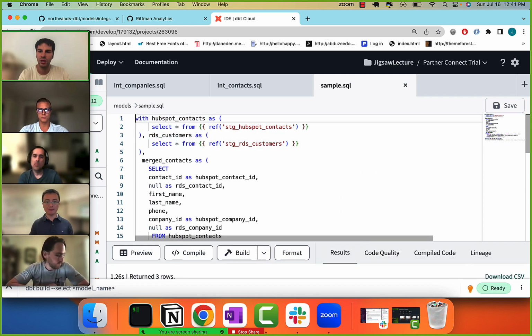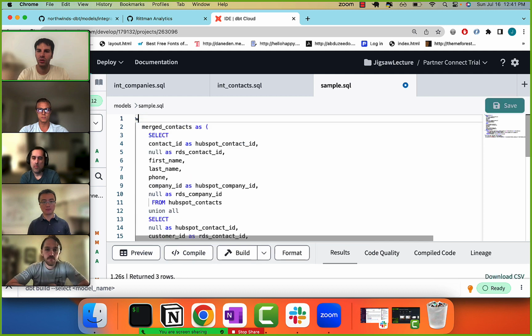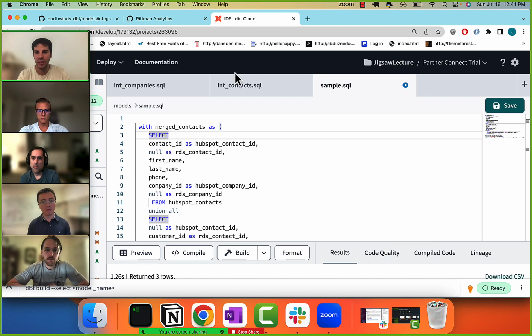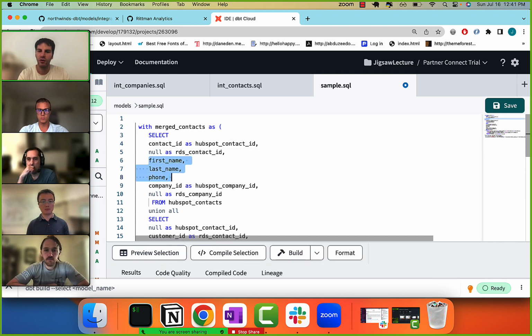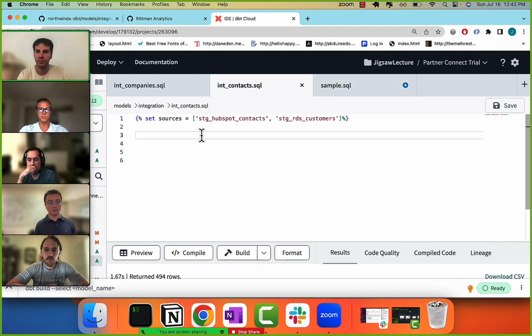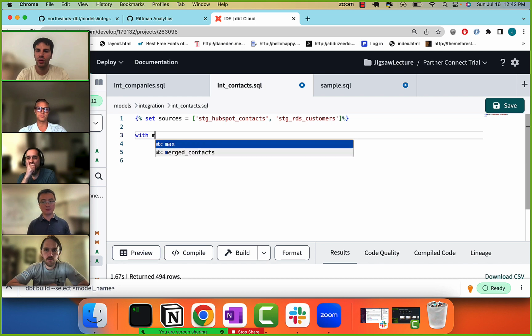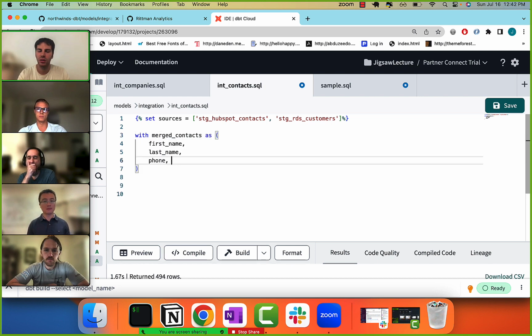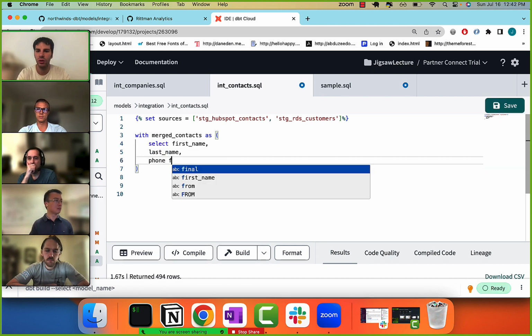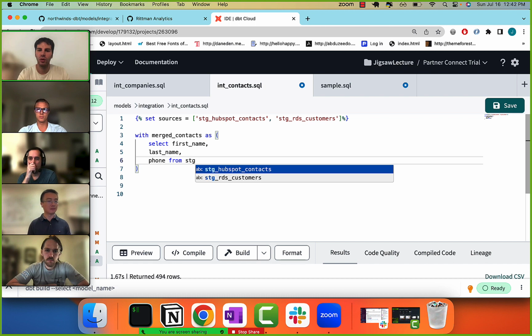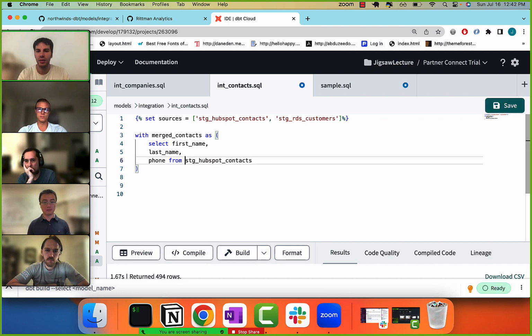We have this with merge contacts as, and we want to build this select statement, and we'll do these ones first. First name, last name, phone from HubSpot contacts. So with merge contacts as, we want to say select first name, last name, phone from, and this will be my stage HubSpot contacts, the ref,